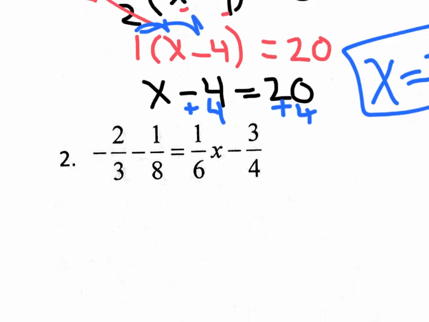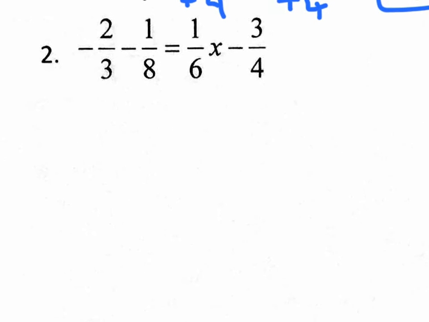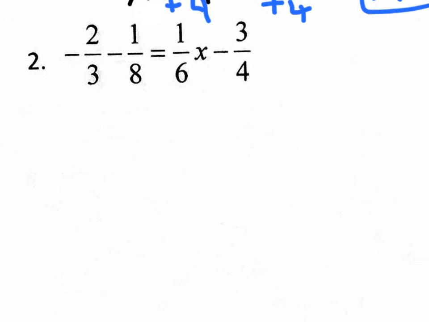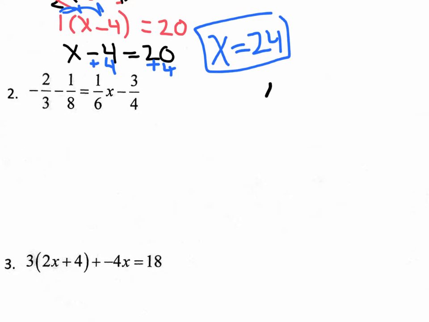Okay, let's move on to the second question. Look at this. This looks crazy. This has a bunch of fractions in it, and they all have different denominators. So this is the place where most students struggle, getting rid of all these fractions. Now you could get rid of them one at a time, or what you could do is find the LCD. Okay, what is an LCD, and how do you find that? Well, if you look at all those denominators over there,